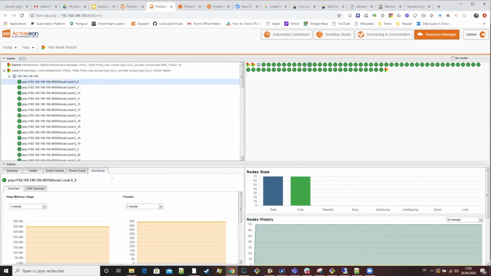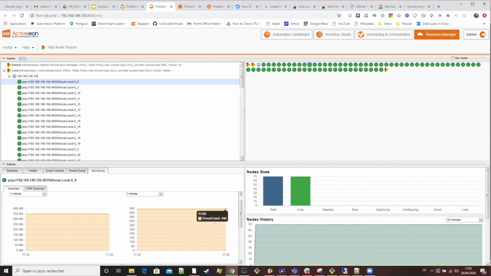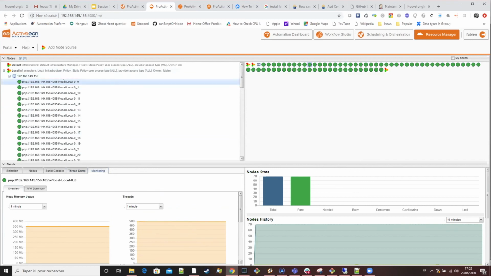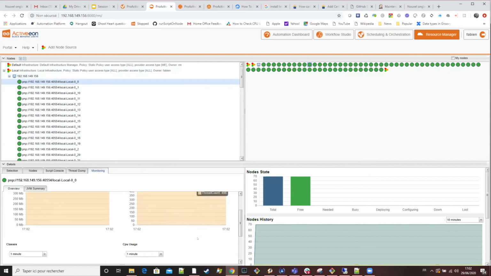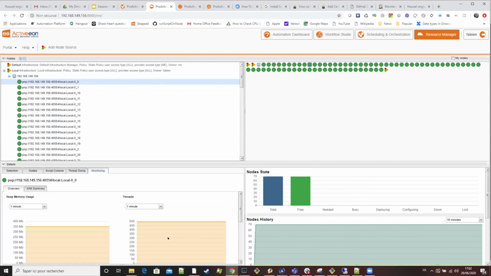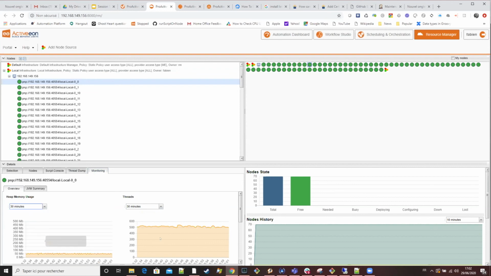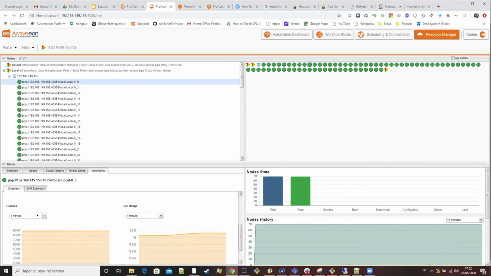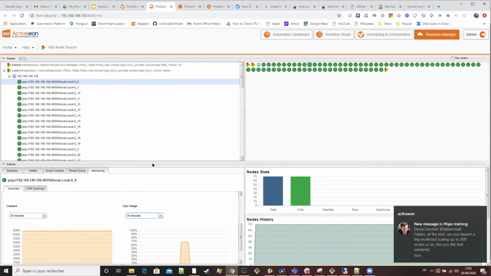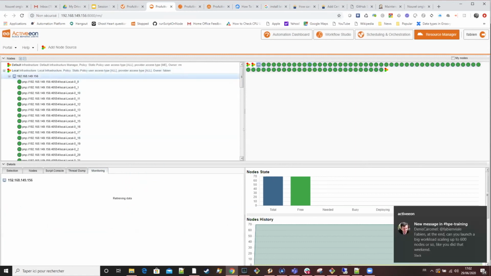Finally, I have the monitoring tab. When I select a node, the monitoring tab will show various monitoring information about the Java virtual machine. That can be the number of threads currently consumed by the Java virtual machine, the heap memory usage, the number of classes loaded, and CPU usage. Now, if I select a host,